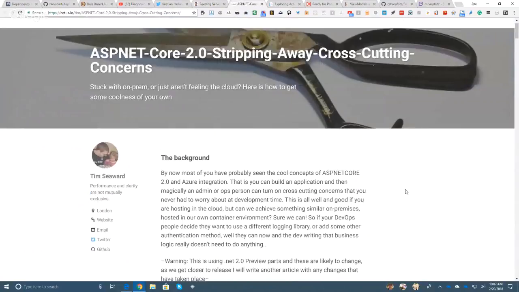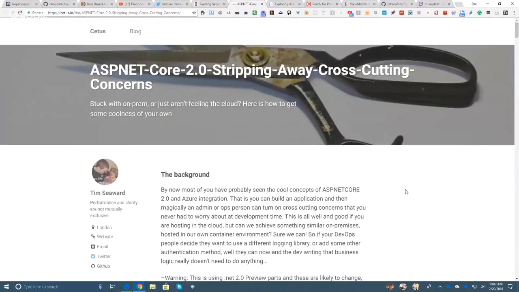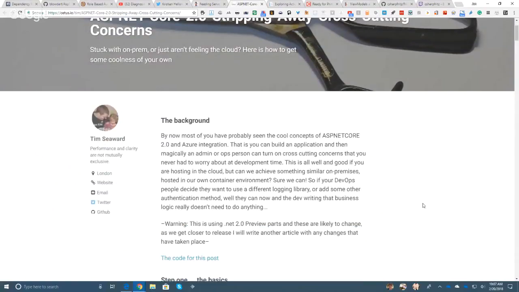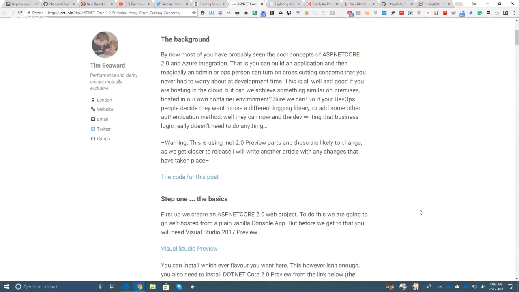Okay, so this is from Tim. This is a pretty good in-depth post about stripping away cross-cutting concerns. So the idea here is there's a lot of stuff, for instance, if you're running in App Service or something where you can define things in the cloud. At the environment level, you can say, here's how I'm handling logging, and flip a bunch of switches. If you are not running in the cloud, if you're running on premises, how exactly are